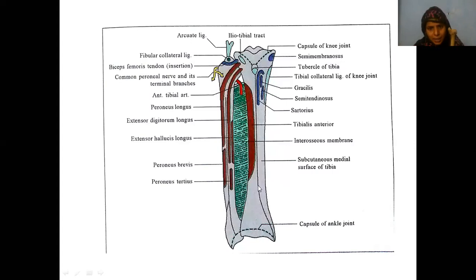Now you will see, in order, this is the medial surface, right? Between the anterior border and medial border, in the upper part of the medial surface, we have, in order, medially the insertion of semitendinosus, in the middle gracilis, and laterally sartorius. Now if you observe, these three tendons are called guy ropes, G-U-Y. So what does it mean, guy ropes? That means these three muscles are coming from three different places.